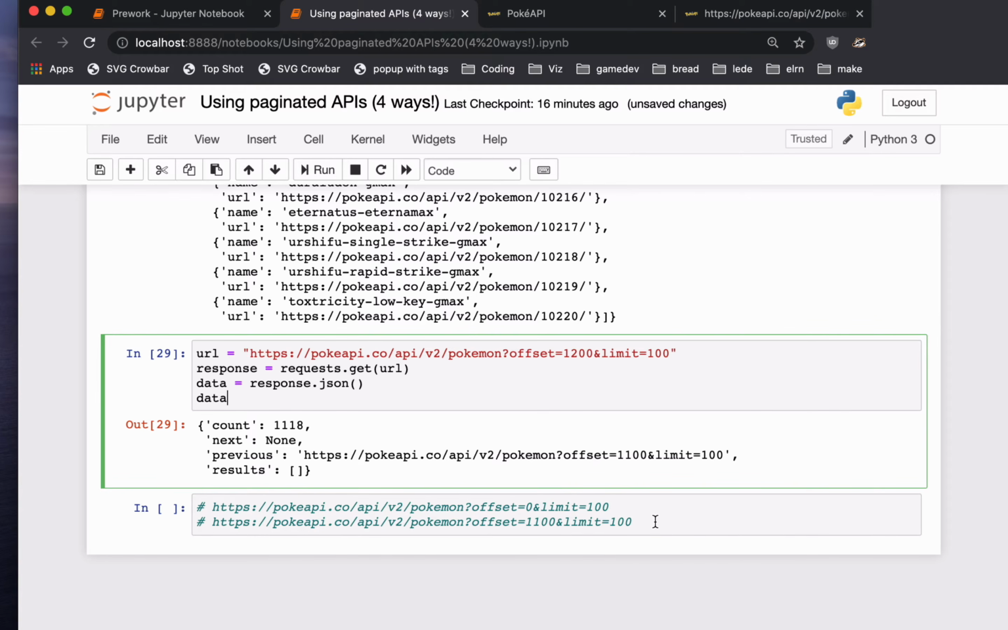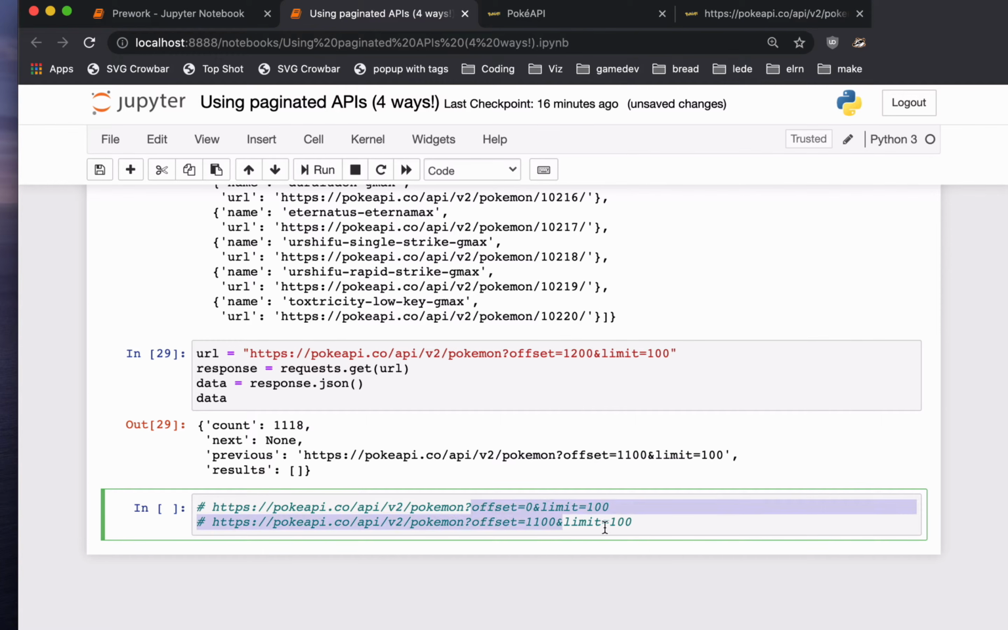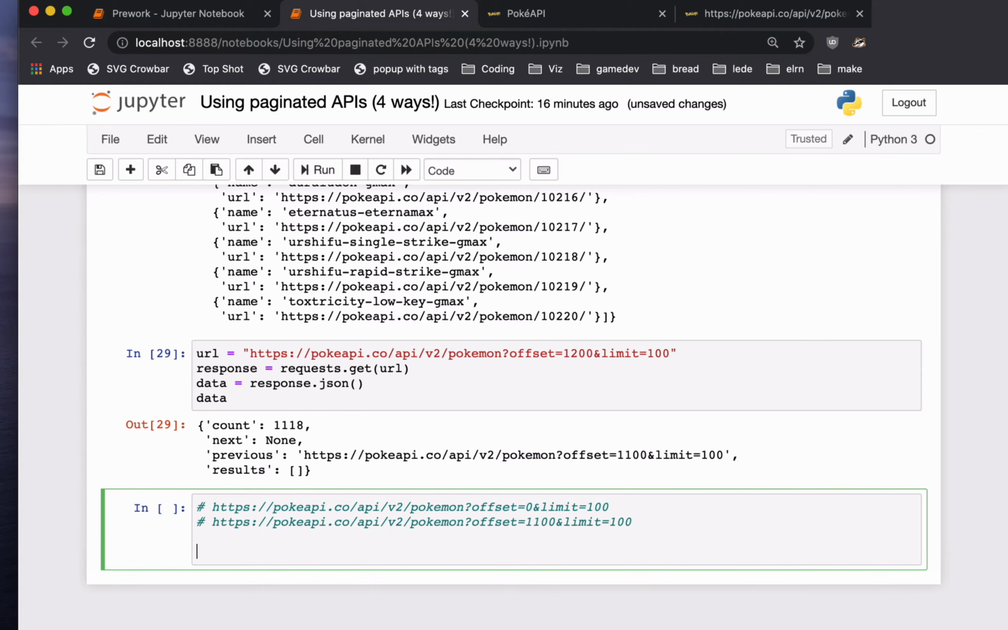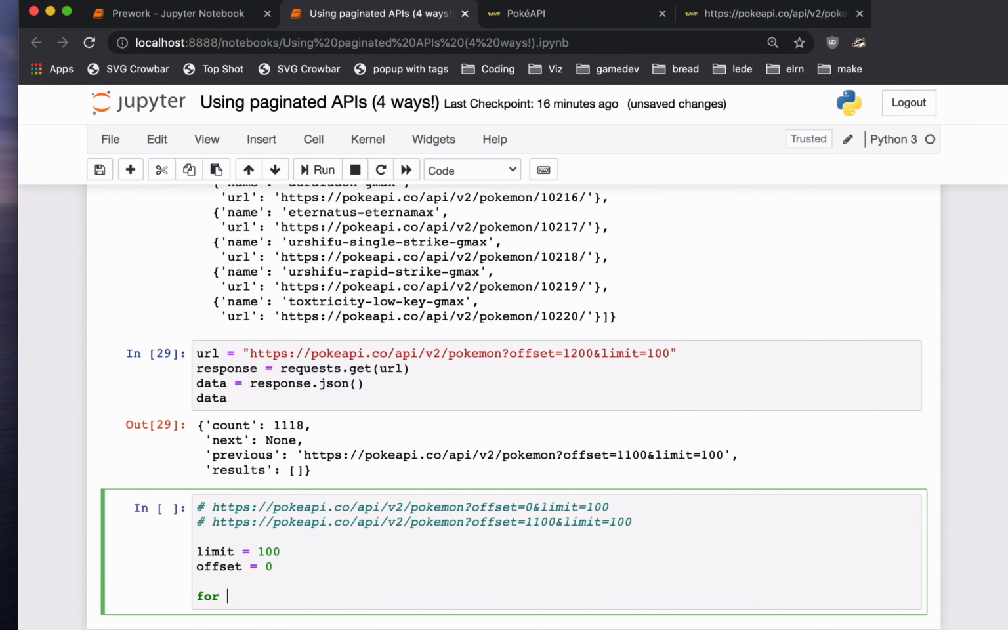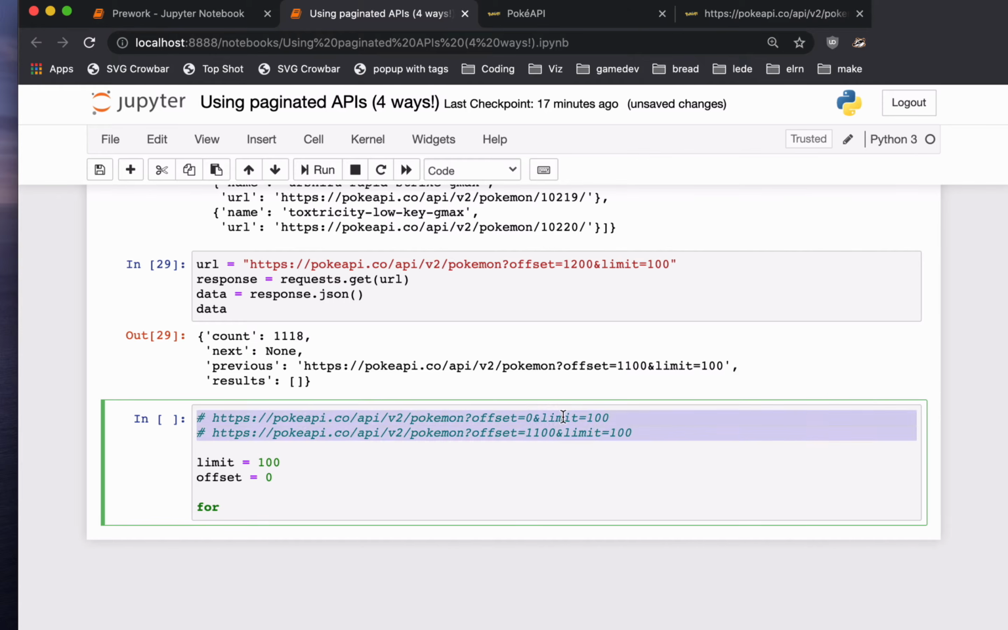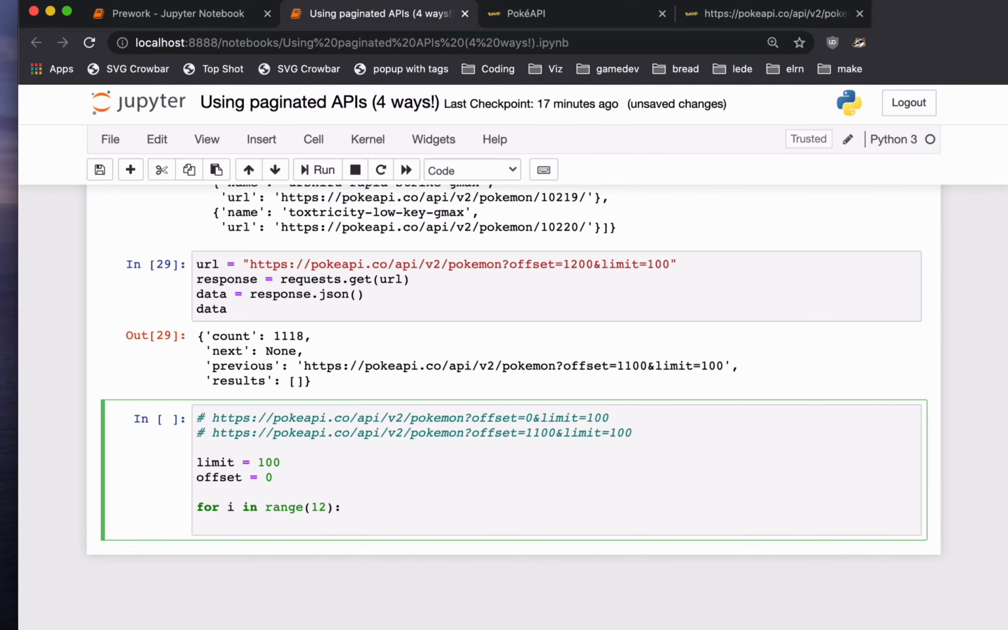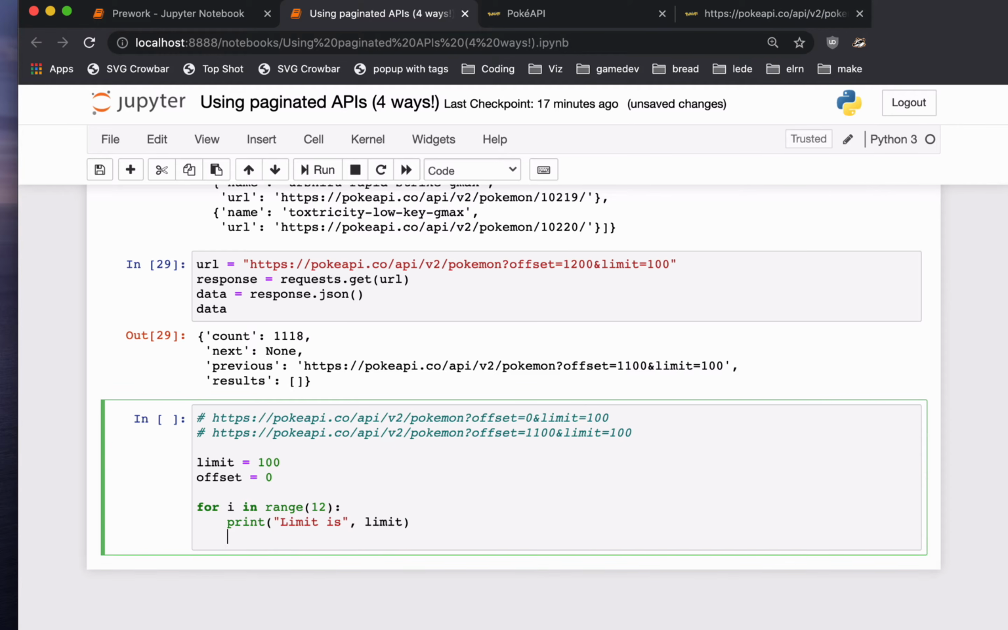No. What we're going to do right now is we're just going to make a loop where we step through the offset like this. There are a few different ways to do this. What I would probably do is we're going to start off with a limit of 100 and an offset of 0, and then I'm just going to loop. So how many pages of content are going to be in here? For i in, what is it going to be? 12? We'll see. So we'll say limit is, and print offset is,